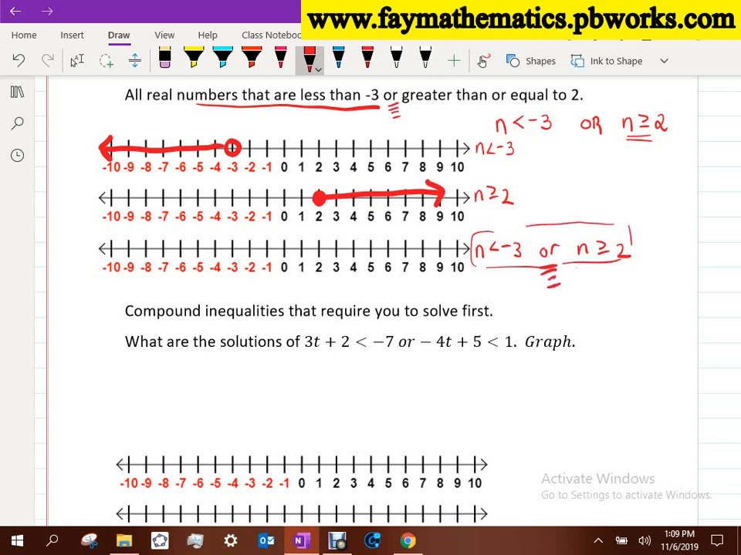What's the word or mean to us? One or another. Okay, so the answers that I take off have to match one or the other of those inequalities, right? So that means in regards to these 2 graphs, I'm going to graph everything. I'll graph everything from that one along with everything from that one. So I'm going to go to,